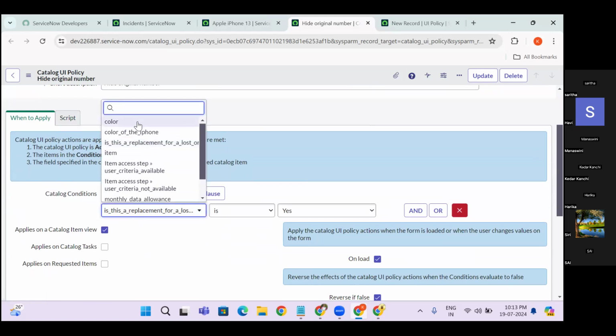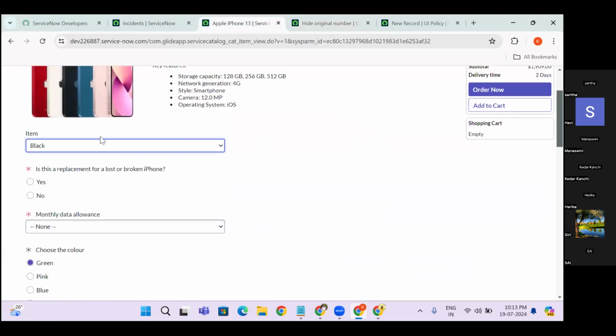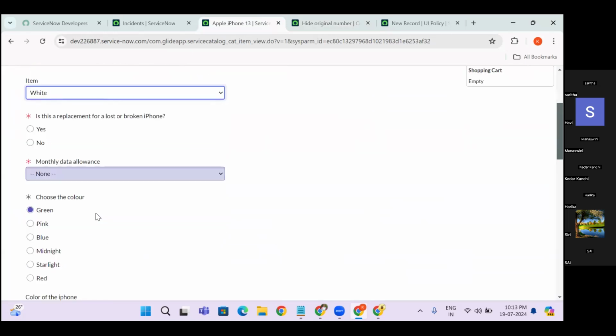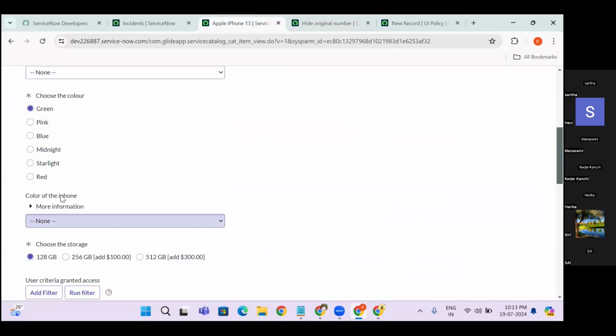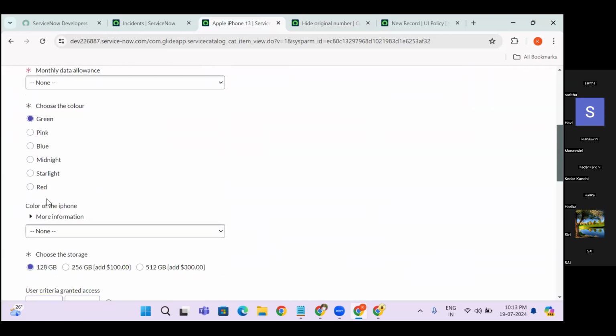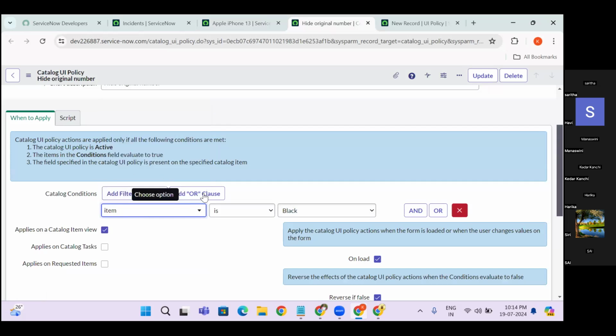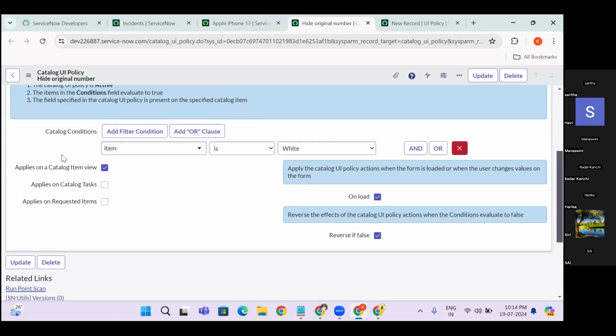So suppose, let's take a scenario in which whenever the item is white, you want to make the color of the iPhone a mandatory field. So for the color, when to apply, the item is white, and here if you see, it applies to